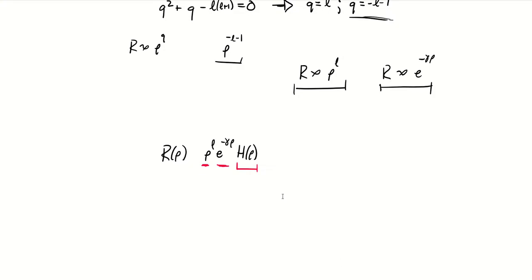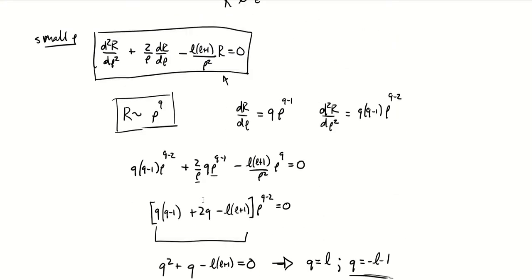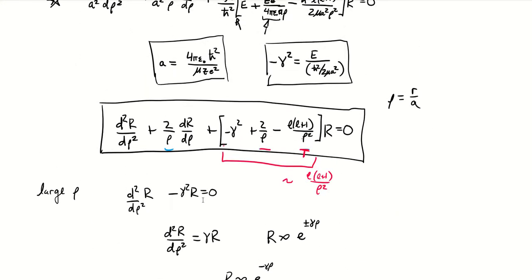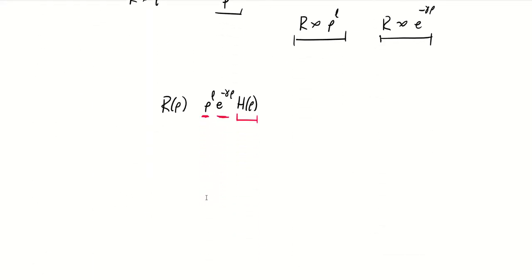So with that form of our radial function, if we plug it back into this differential equation we're trying to solve, we're going to need the second derivative of it and the first derivative of it. We can chain rule the derivatives on this function, do a bit of calculus, plug it back in, and do a bunch of algebra, very tedious. I'm not going to make you watch me run through this right now. Maybe I'll make you all do it as a homework assignment.